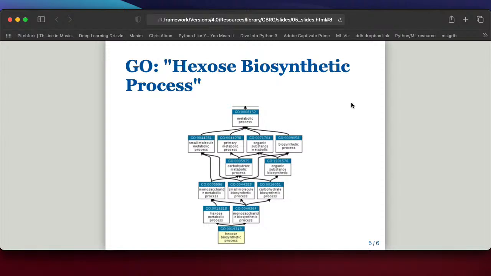Meaning, let's say you had a gene list of 1,000 genes of interest that passed some series of filters. And the expected value, the number of hexose biosynthetic process genes was 5, say. And you saw 7 genes. Is that an overrepresentation? Is that something to get excited about?